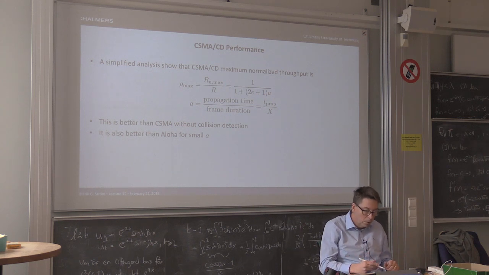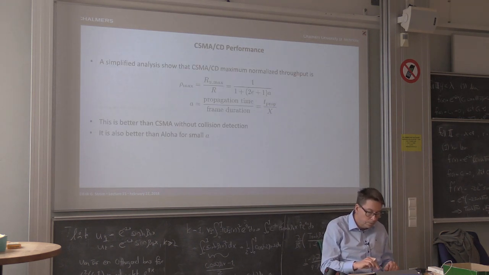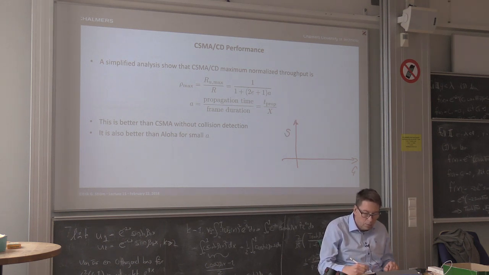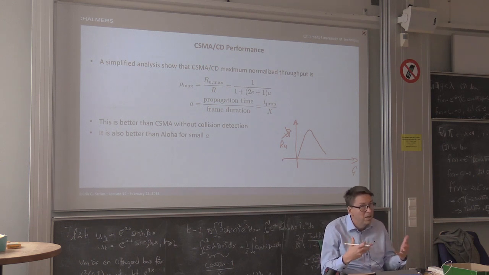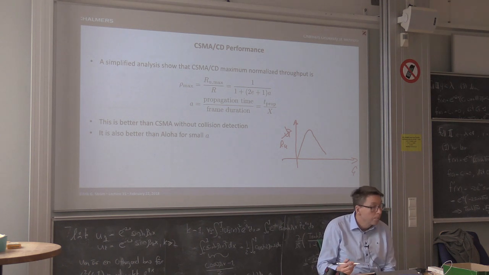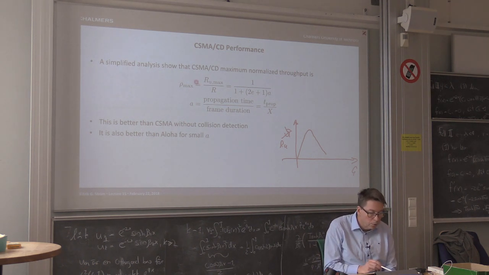So if you remember how this looked for ALOHA, we had G and S here, and then some curve where the throughput goes up and then it goes down, right? The same thing is true in general for CSMA CD, that it goes up and then goes down. And here we can think of this as RU instead of G. It's the same variable, but a slightly different unit. Okay, so rho max is RU divided by R,